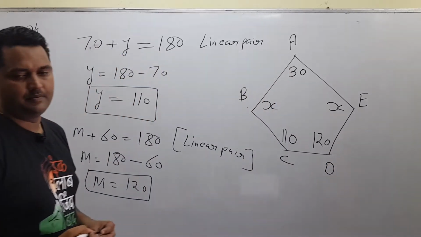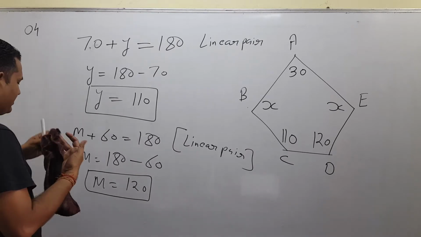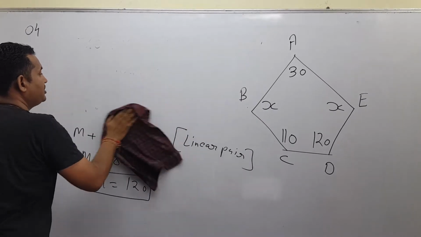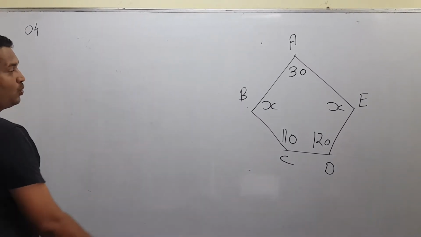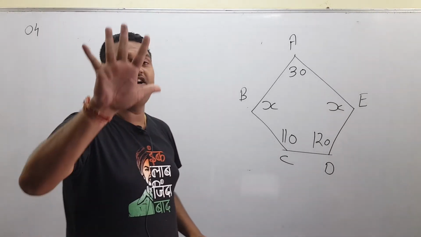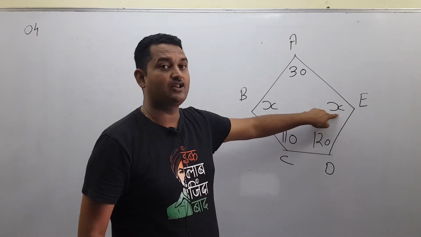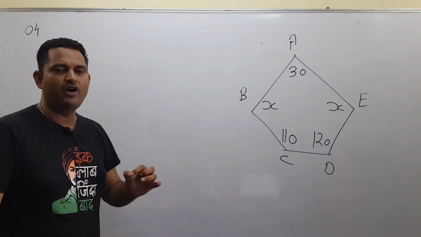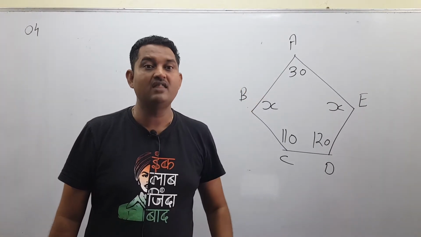नाउ सी दिस डायग्राम. This diagram is absolutely a pentagon. This is a pentagon because 5 sides are there na. There are 5 sides, so it is a pentagon. Got it? It is a pentagon. अब जल्दी से बताओ, मैंने पुराने लेक्चर में आपको पढ़ाया था पेंटागन में what is the sum of all the 5 interior angles. Sum of all the 5 interior angle of a pentagon. ये याद करो फटाफट, आपको याद होना चाहिए. Sum of all the 5 interior angle of a pentagon is 540.